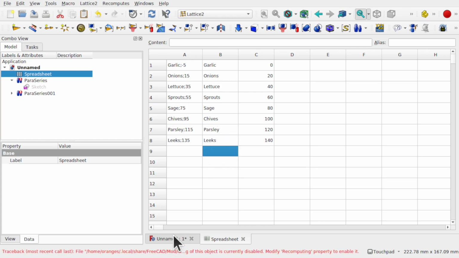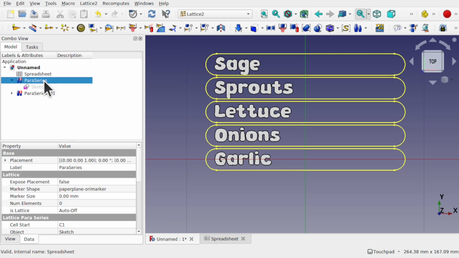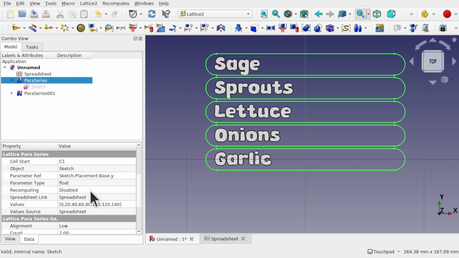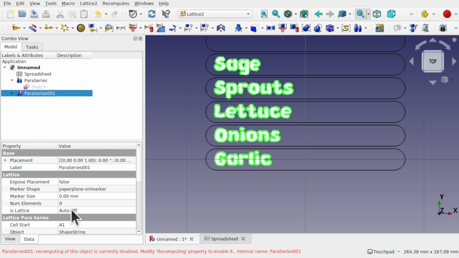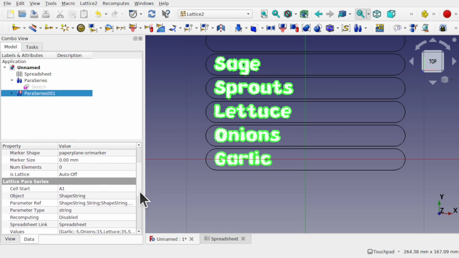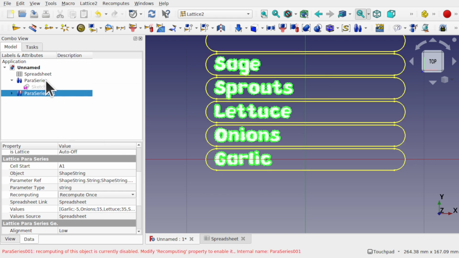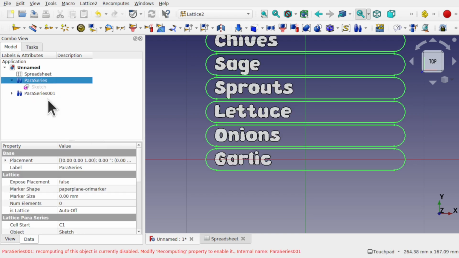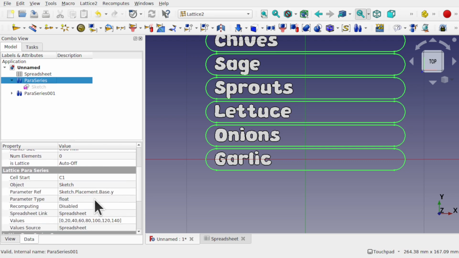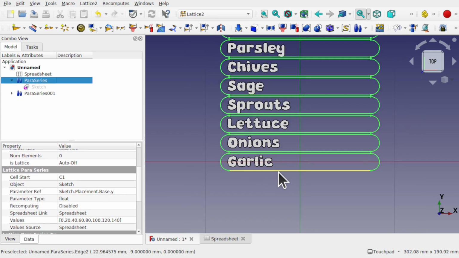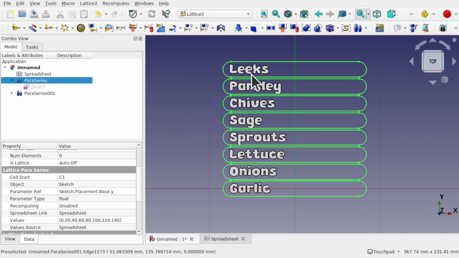And once they've been updated, let's go back and just come in and recomputing. If we set this to recompute once and do the same for the other one, recompute once means that when we click back in, if we look at the recomputing, it's disabled. So just recompute it once, and that means all of our labels have been done, and this is ready for